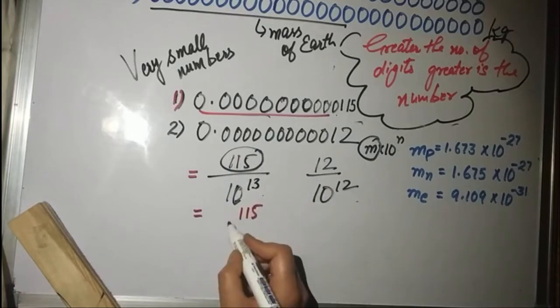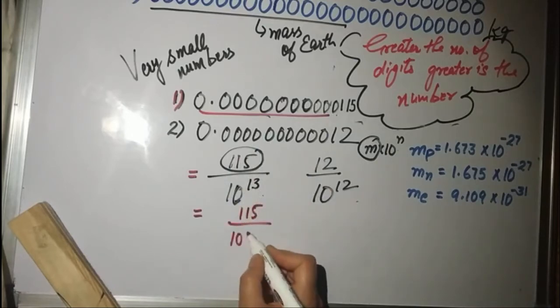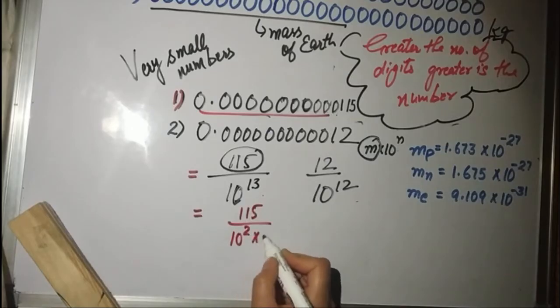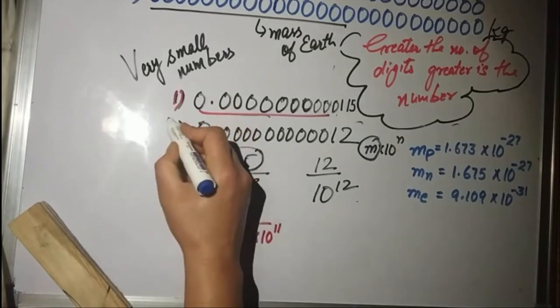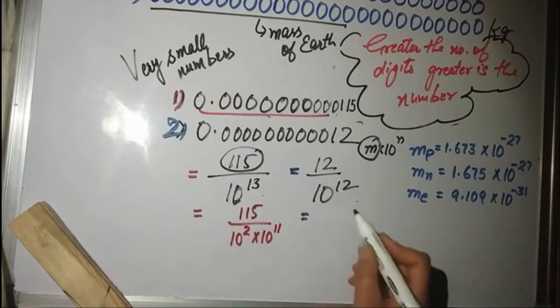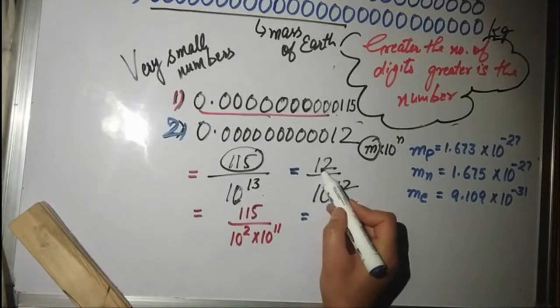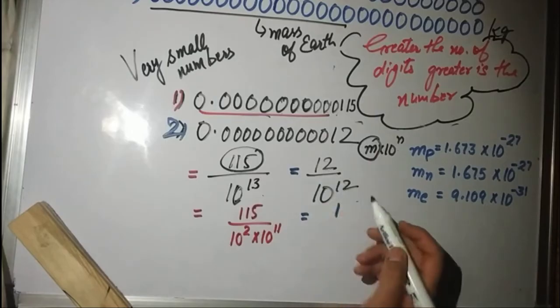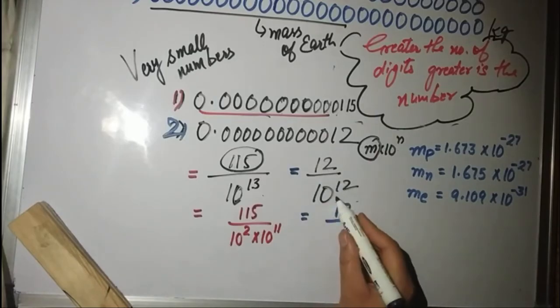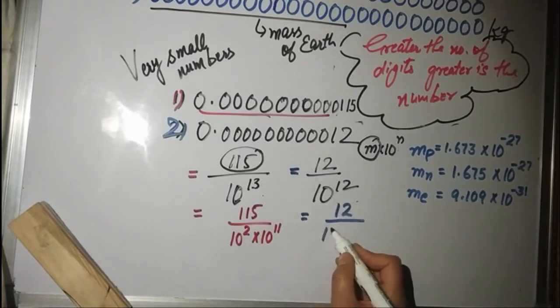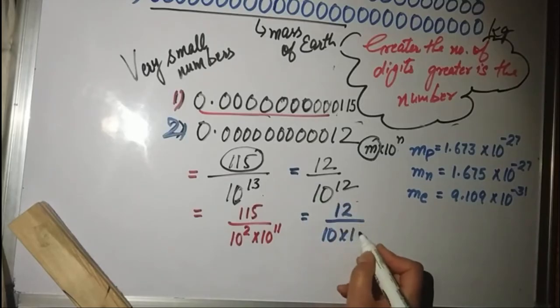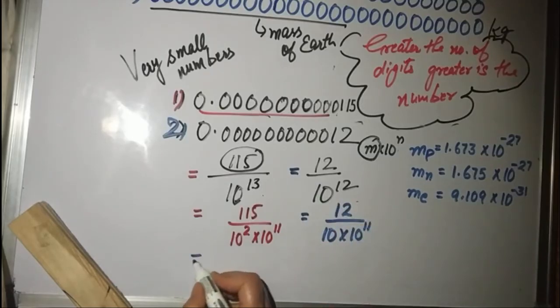So what am I doing? From 10 raised to power 13, I'm just writing 10 raised to power 2 aside, and then I'm left with 10 raised to power 11. Then they combinedly make 10 raised to power 13. And here, the second is equal to this. So what am I doing here? I make it a 1-digit number. I want the decimal here. That means I have to divide 12 by 10. So why bring an extra 10 from outside? We have 10 to divide here. So we can use 1/10 of 10 raised to power 12 and we'll be left with 10 raised to power 11 aside.